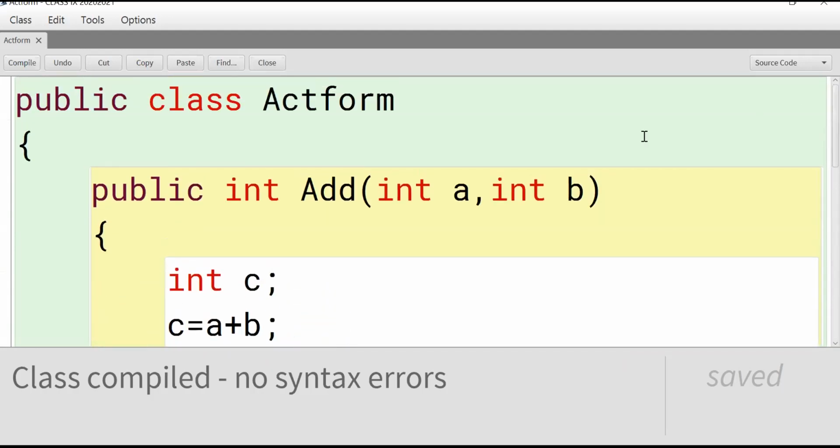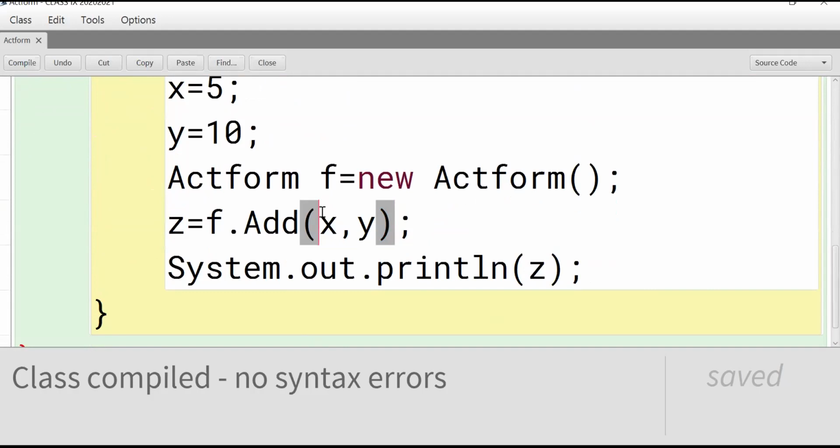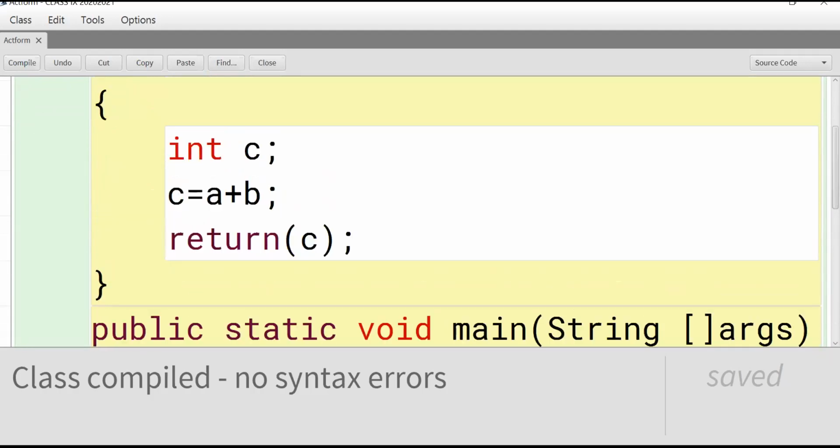See, one more difference. Formal parameters are preceded by data type. Now observe, actual parameters are not preceded by data type. So what are formal parameters?